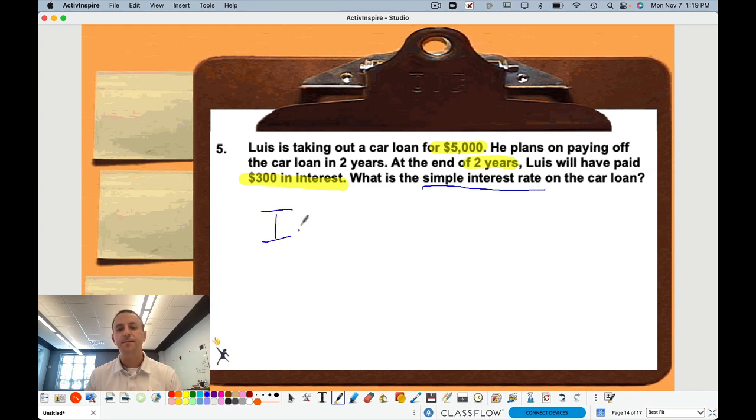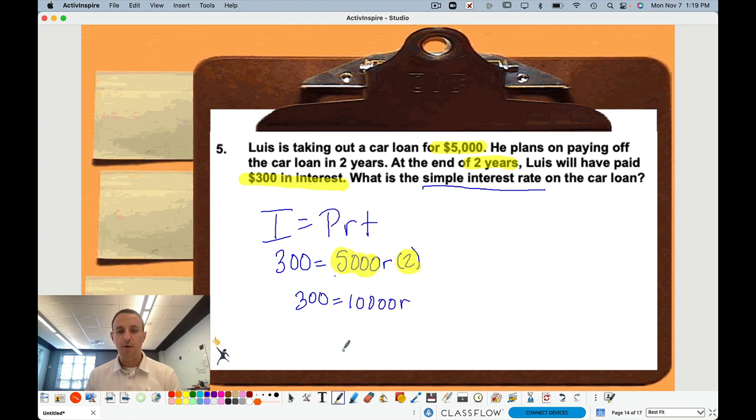So let's think about it. Interest equals principal times rate times time. I know my interest is 300. I know my principal is 5,000. I don't know my rate, so I'm just going to leave R in there. And I know my time. So I'm going to combine my like terms, mark these out, and multiply these two together because I can. So 300 is equal to 10,000